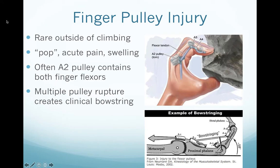So many of you probably know someone or may have experienced yourself a pulley injury in the hand. We know that these pulleys act like eyelets on a fishing rod. They improve the tensile strength of the pulley and the flexor tendons of the fingers. And we see this as a very rare injury outside of climbing. It's really an injury that's very unique to climbing because the unique pressure is placed across the pulley in different grips. So oftentimes climbers will describe a pop with acute pain and swelling, usually on the palmar side